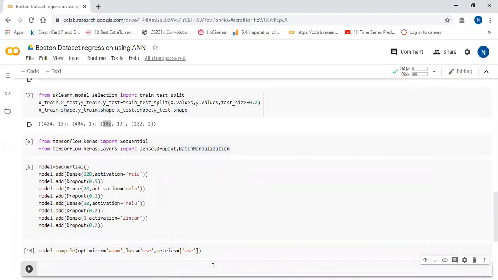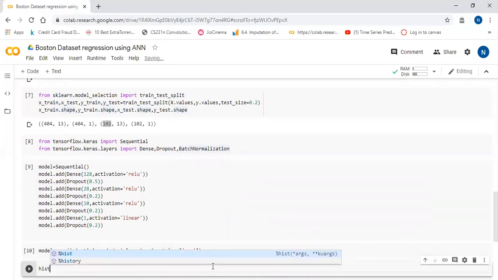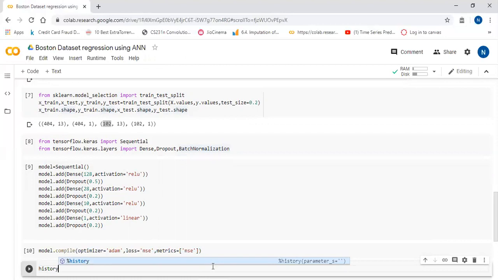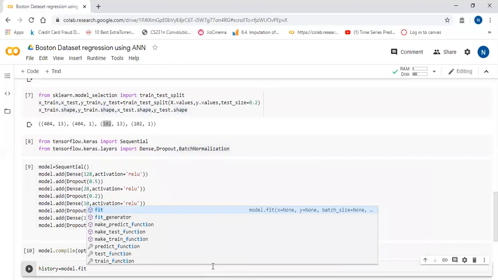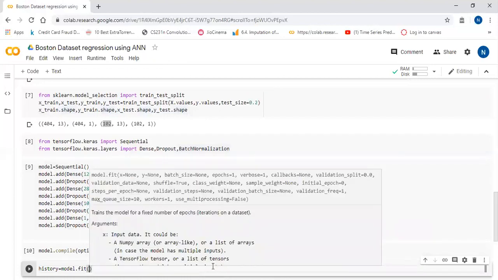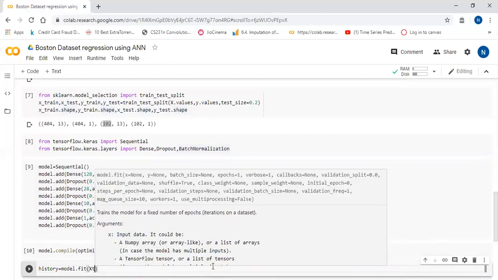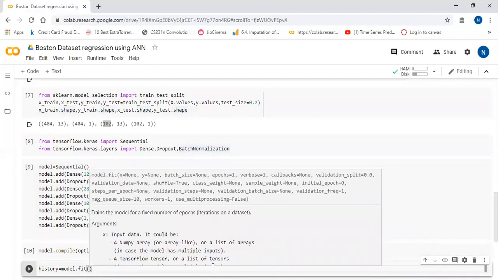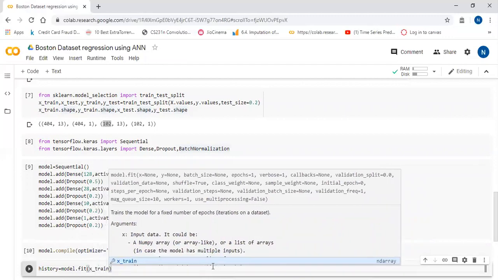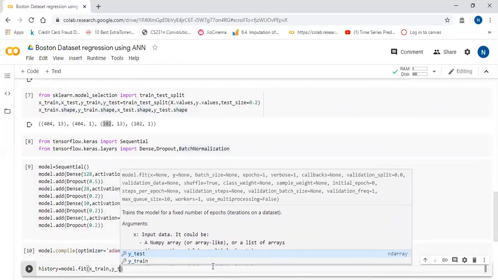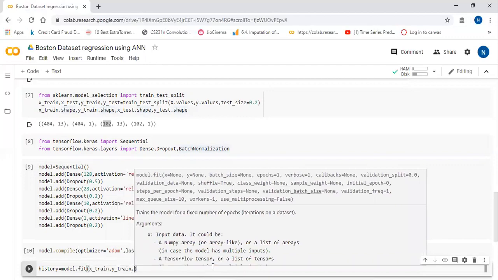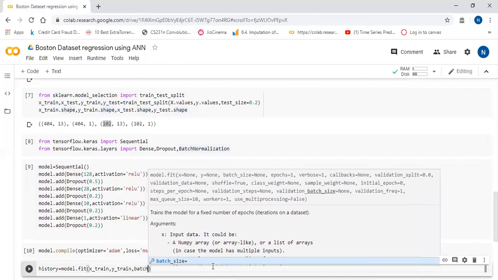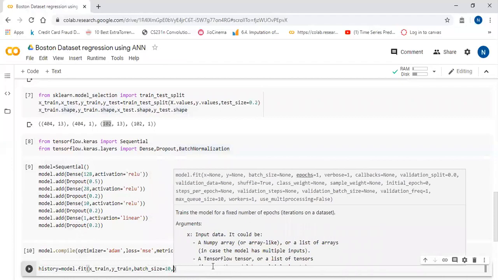Now in the third step we are going to fit the model. I'm going to create a history object over here, and I will say model.fit. In model.fit, you have to pass x and y values. We have x train, x test, so x train comma y train, and we will pass batch size equal to 10.